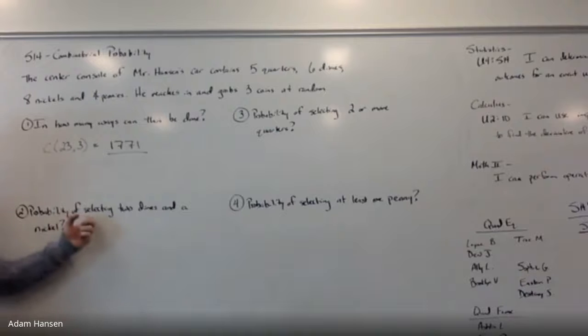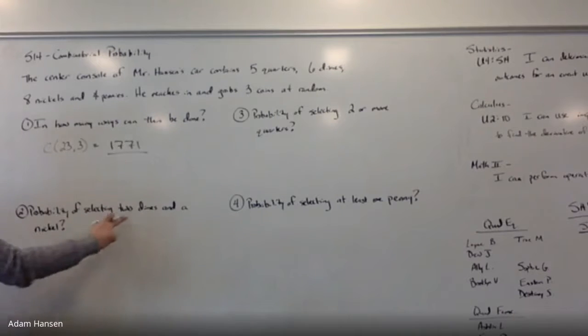Now, number 2, what's the probability of selecting 2 dimes and a nickel? My 3 coins are 2 dimes and a nickel. Let's find the combinatorics for this outcome. How many dimes are there in the console? 6. I need any 2 of them. So 6 choose 2 should give me the number of ways to choose any 2 dimes to start my 3 coin selection. The nickel,